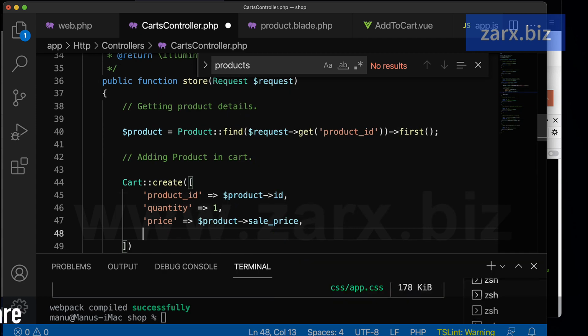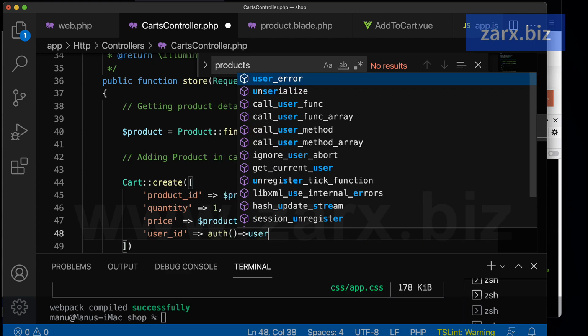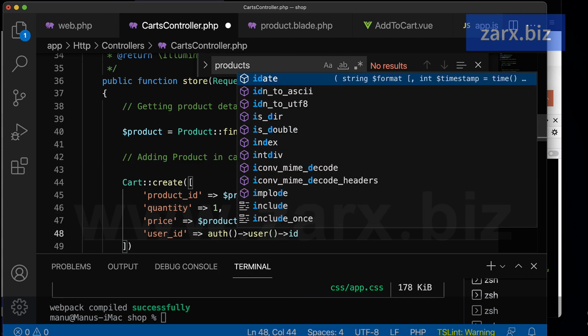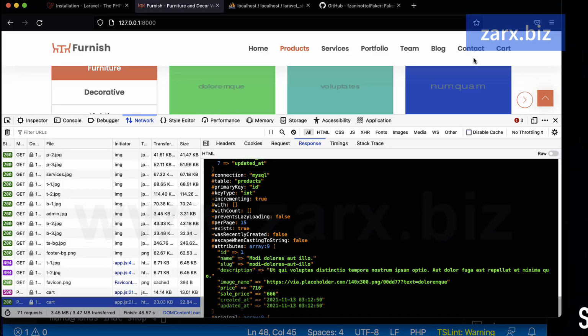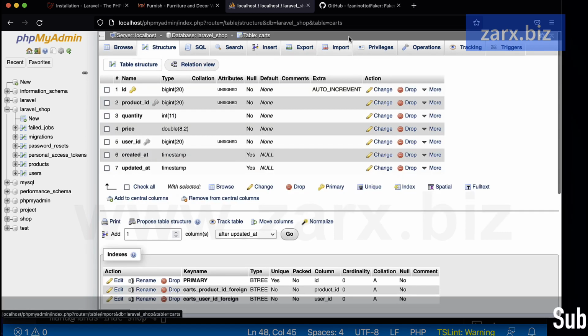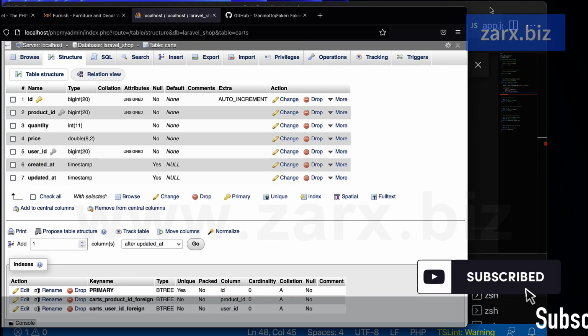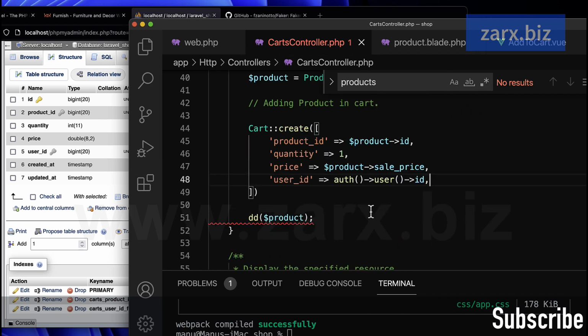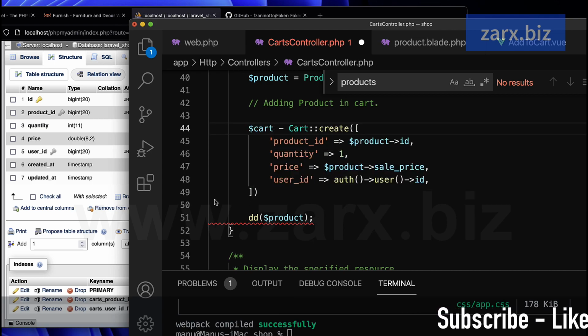Alright, then we can get user_id. Now as the user has to be logged in, we can use auth, user, and then ID. So this is going to provide the user details. If I go back to the database and into the carts, we have these fields. I don't think there is any other. So we have product ID, quantity, price, user ID. Yeah, that's it. So here I simply put this into $cart is equal to this,